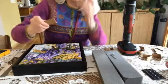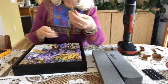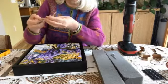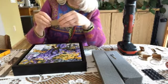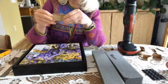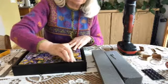And what I found for this 10-inch floater frame, the 6 inches, I was able to use just a single strip from the box and fold it on itself and use that as a wedge. I found on these slightly bigger frames that having an additional piece of cardboard from the box and sticking it in between the fold of the other two pieces got me about the right depth. So I'm going to insert these in the corners,